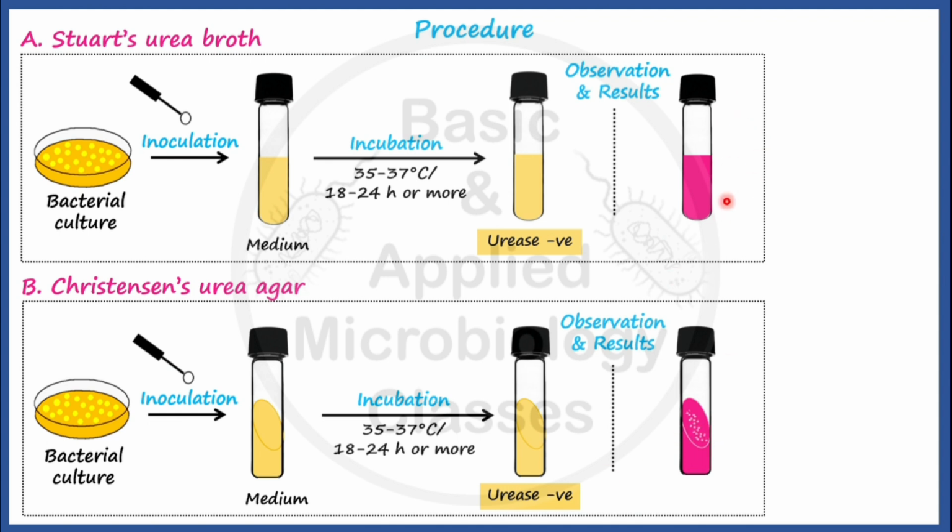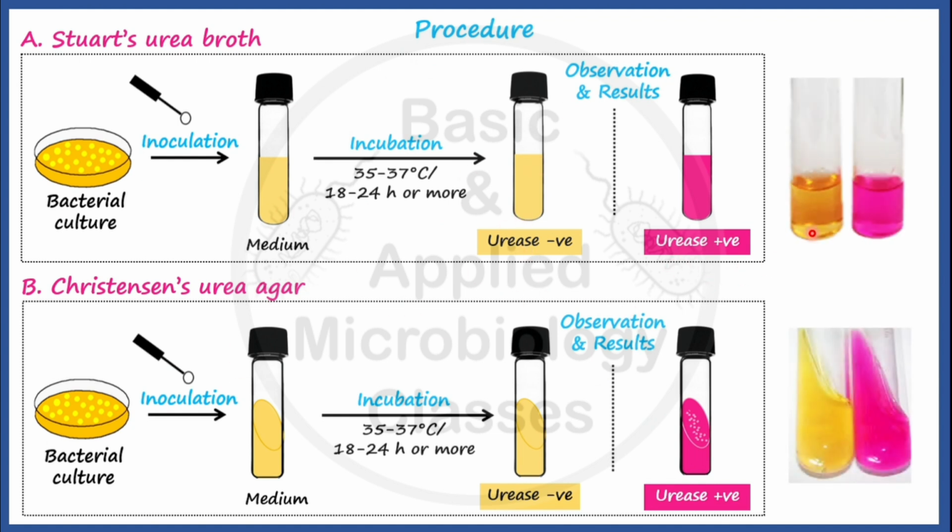So in this way we can say this pinkish color of the medium, or change in color of the phenol red indicator present in the medium to pinkish color, is indicating what? Urease positive reaction. So for an unknown bacterial culture or microbial culture we can get either result like this or like this. This slide was actually covering schematic diagrams just to make you understand the stepwise procedure. But in a real system, results come like this.